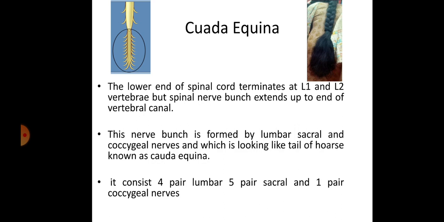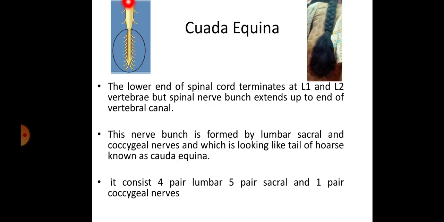Next we are going to discuss the cauda equina. To understand it, I am giving one simile, the Indian woman's hairstyle. They tie the hair like this and put a rubber band here, and after that the hairs are free. You can consider this as the spinal cord, terminating here at the L2 or L1 vertebra. The rubber band represents that, and the remaining fibers descend downwards. This bunch of hair, or bunch of nerve fibers, is called cauda equina, which looks like the tail of a horse. Because of that reason it is called cauda equina.